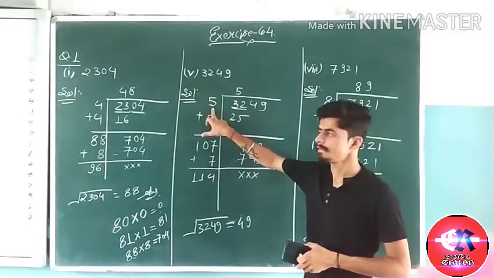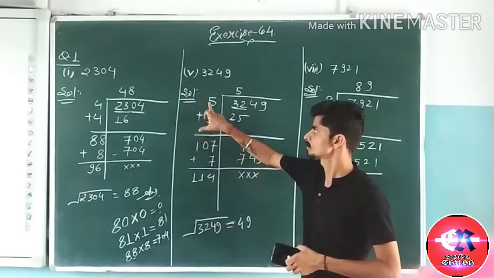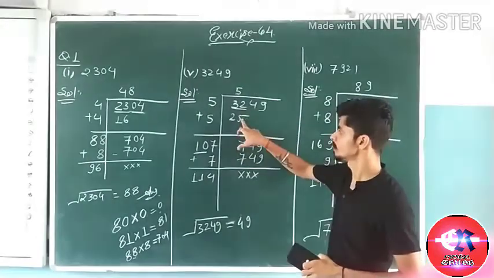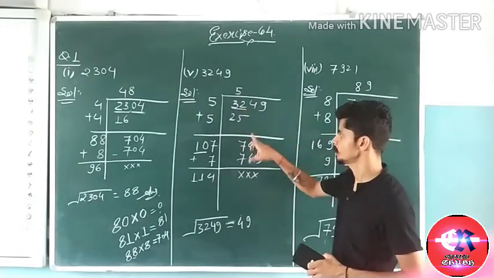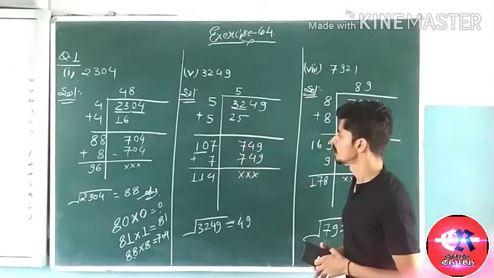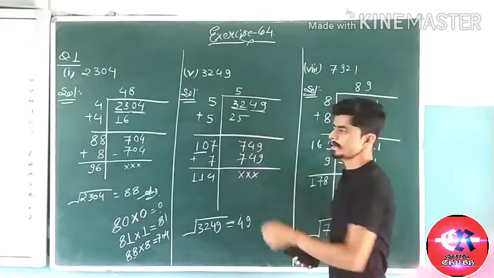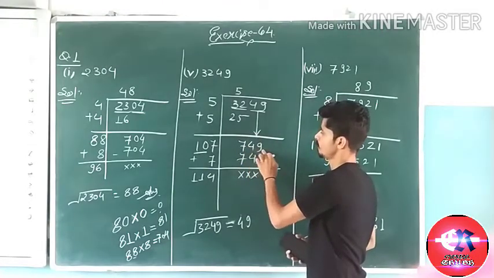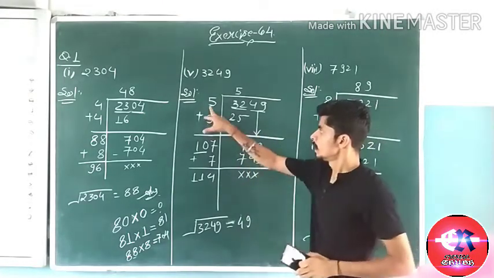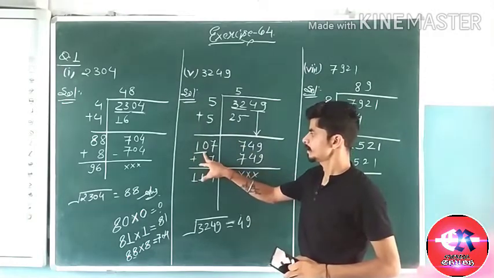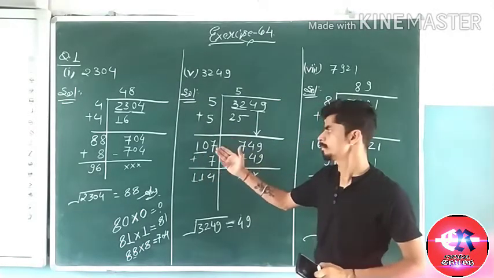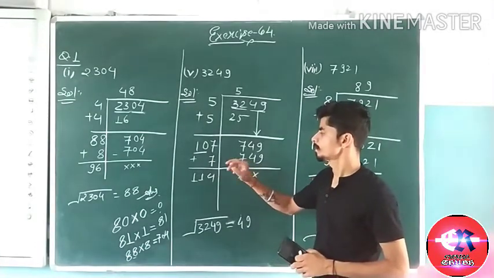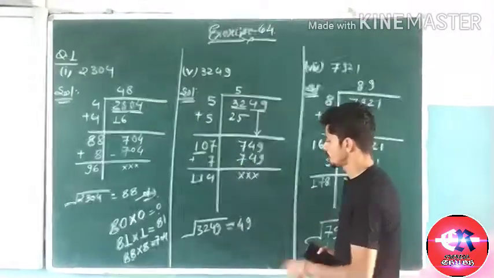Whatever number we have taken will also be added, so 5 and 5 become 10. Now 25 is subtracted from 32. We get 7 here. And this is the second pair of this question, so it comes down. So after 7, 49 comes down. Here 5 and 5 become 10, and now we have to take a number, which is 7, after 10.